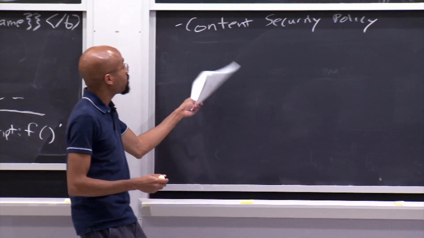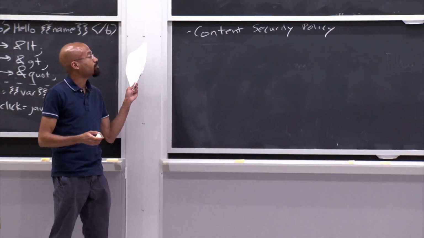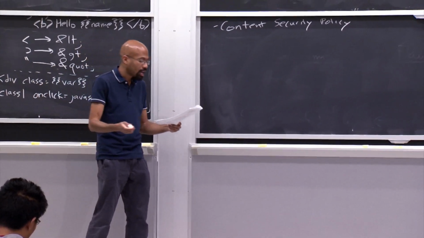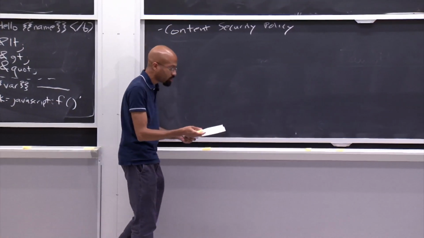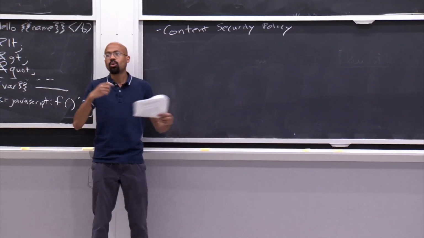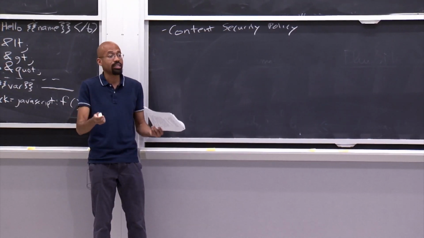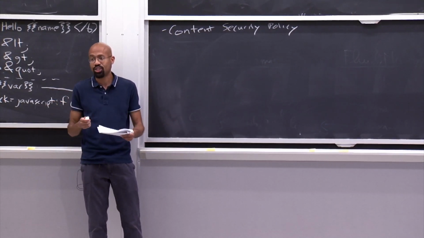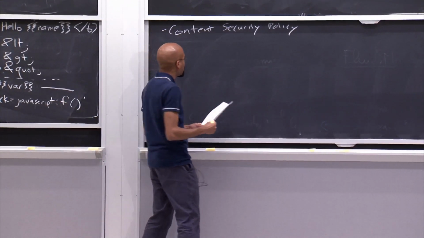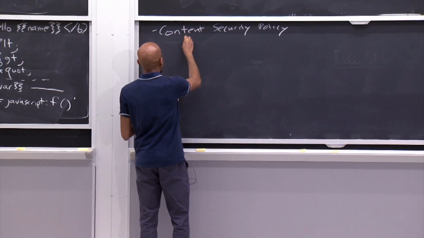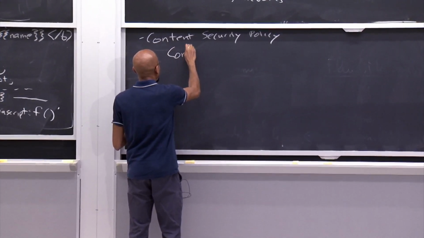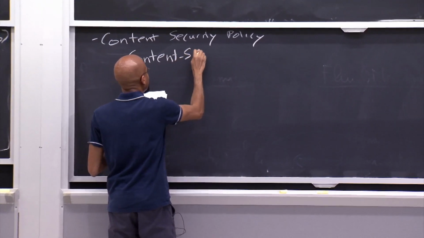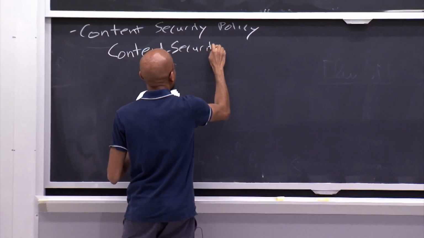Okay, yeah, so another thing you can do to improve security is this thing called content security policy. So like I was saying, what this allows the server to do is to tell a web browser what types of content can be loaded in the page it's sending back, and also where that content should come from, right? So, for example, in an HTTP response, the server might be able to say something like this. It includes the content security policy header,